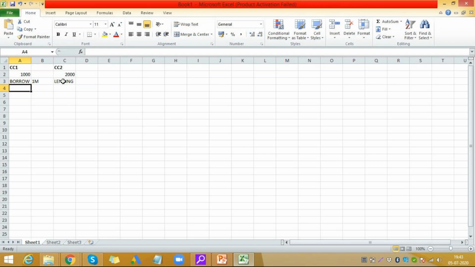Now company code 1000 wants 1 million, and company code 2, which is 2000, has that surplus money, so it can lend. They come to an agreement, and the first thing they will say is the duration of the loan. So they come up with the duration, which can be say 5 years.